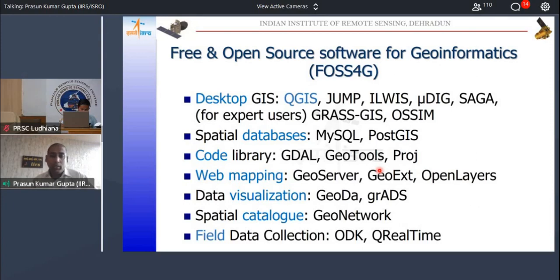But there are more. There are at least 10 times more than there are on this slide, even more. But these are the ones which are more popular. If you are starting new or if you want to switch from a paid software to open software, these are the ones which you should look into first.